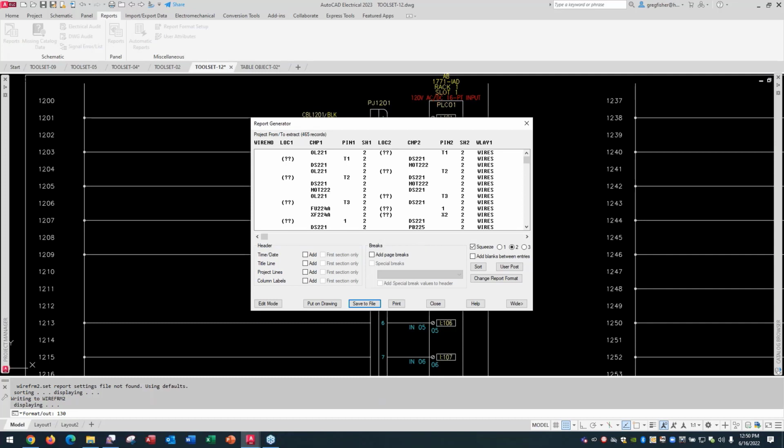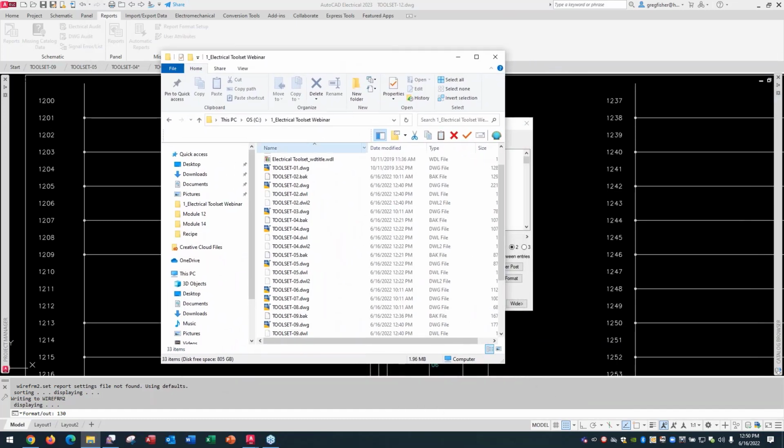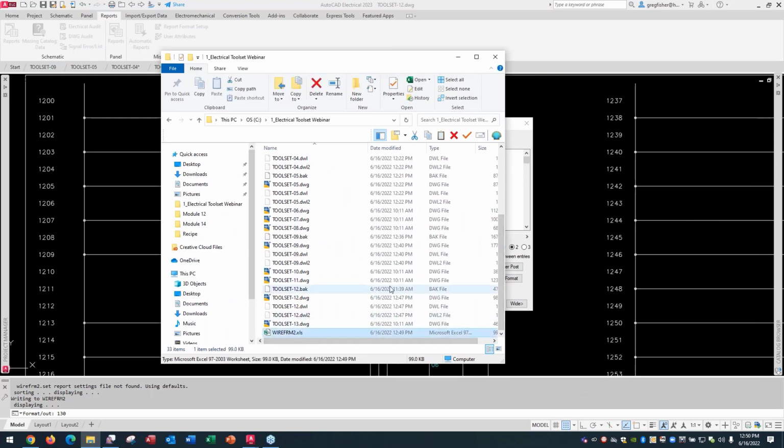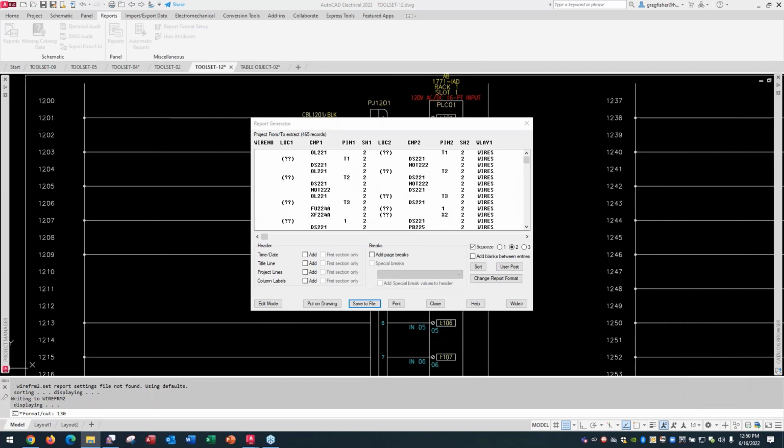And now, if I go to Windows Explorer, here's the spreadsheet that it just created. You can open that up, do anything you want to it. And that's what I meant by,